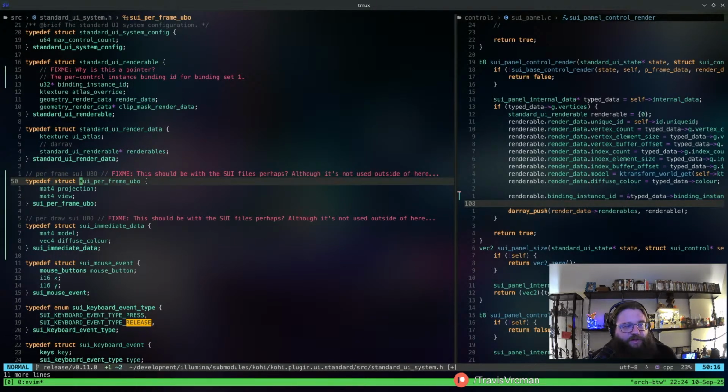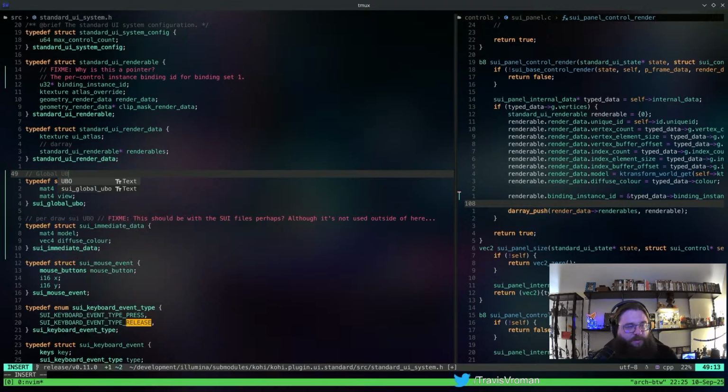And instead of calling this SUI per frame UBO, we're going to call this SUI global UBO. All right, so that's that. And that just has the view and projection matrix. And then the immediate data is here, right? So that's going to be global UBO data for the SUI shader, right?